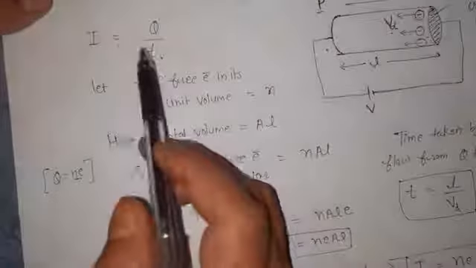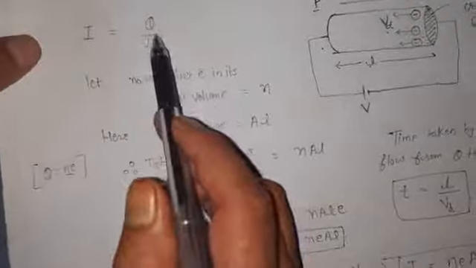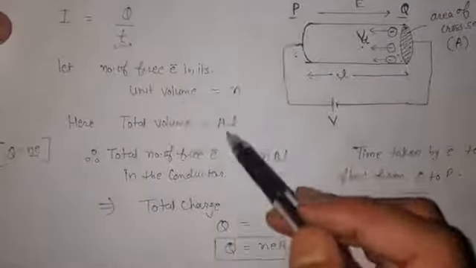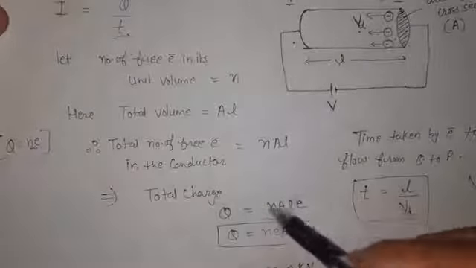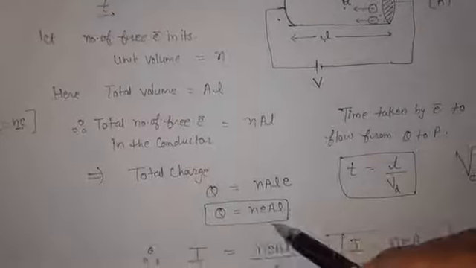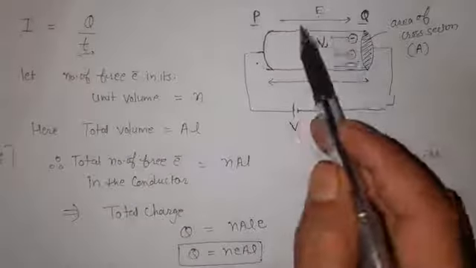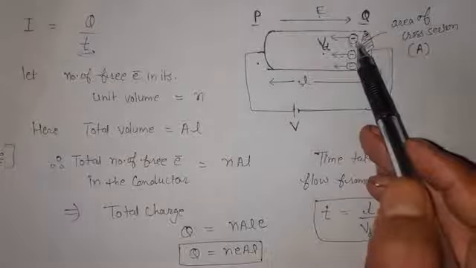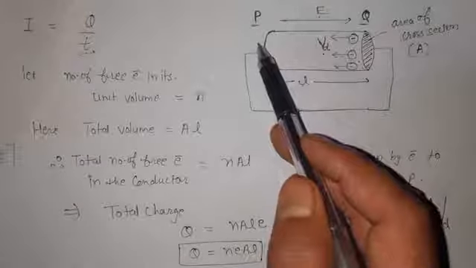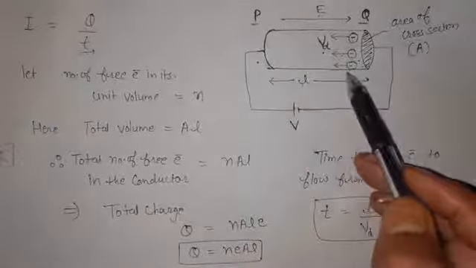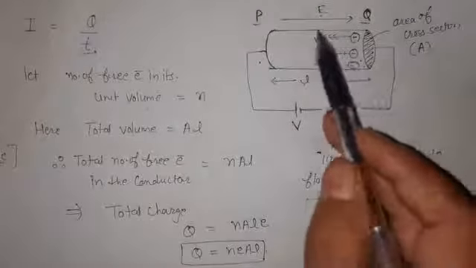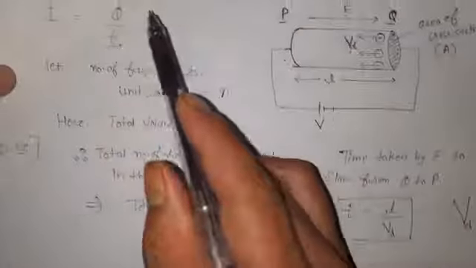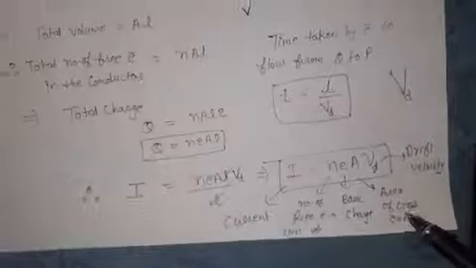तो current क्या था, Q by T था स्टूडेंट. हमने फिर पहले तो फाइंड आउट किया कि इसमें कितने चार्ज है. तो चार्ज के लिए हमने सबसे पहले जो टोटल नंबर ऑफ इलेक्ट्रॉन निकाला उसको E से मल्टीप्लाई किया तो टोटल चार्ज आया. देयर आफ्टर वी सेट दैट जैसे ही इलेक्ट्रिक फील्ड सेट होगी सो दर जो इलेक्ट्रॉन है वो ड्रिफ्ट वेलोसिटी से Q से P की तरफ चलेंगे. So to cover this distance L with this speed, the time taken by them, so it is L by VD, and we kept it in this formula, and thus we got our relation.